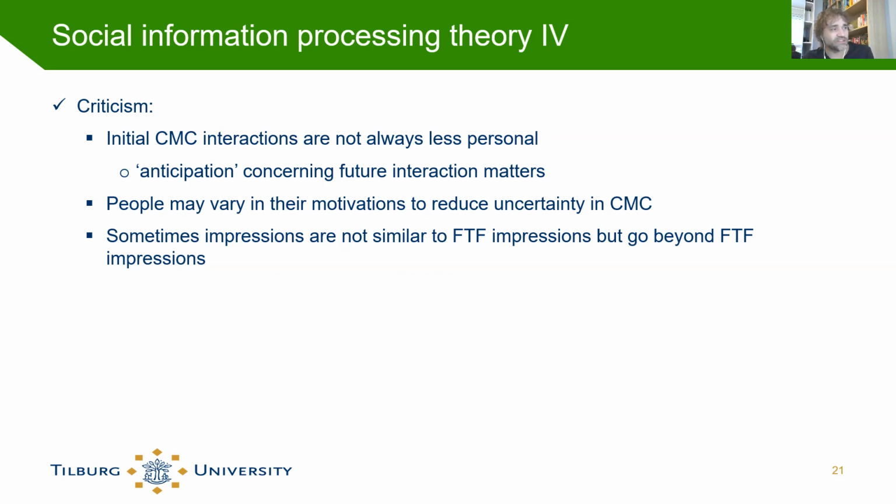So there's some criticism of this theory, of which the second one, that people may vary in their motivations, is the least interesting, because of course people may have different motivations that affect the outcome. What I think is interesting is the first one. So originally social information processing only said it takes longer to get to know each other because you have less